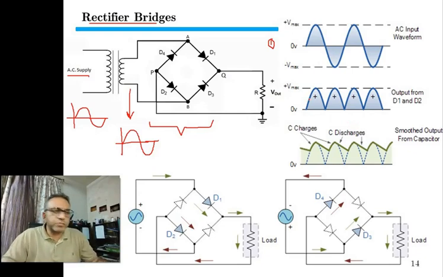Now technically speaking, we have achieved what we wanted from the 4 diodes, that we have achieved a DC. But this DC has a few problems. First problem is that this DC is not constant. It is DC as it is always positive. However, it is a non-constant DC.